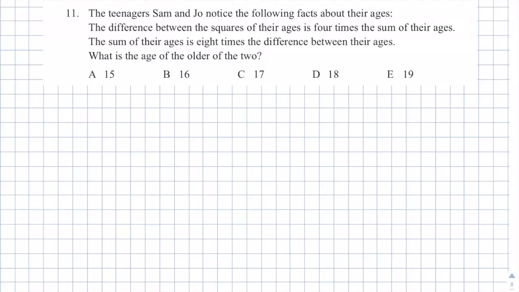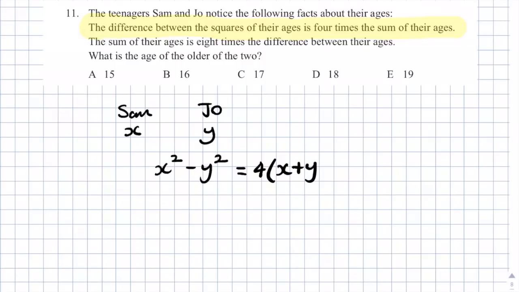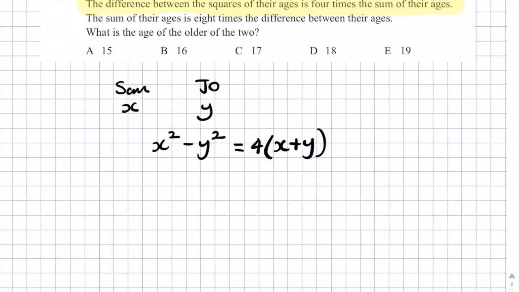Let's make Sam's age x years old, and let's make Joe's age y years old. And the first statement says the difference between the squares of their ages is 4 times the sum of their ages. Okay, so what that means is x squared minus y squared, the difference between the squares of their ages, is equal to 4 times the sum of their ages, so 4 times x plus y. So we can simplify this slightly, so we get x squared minus y squared equals